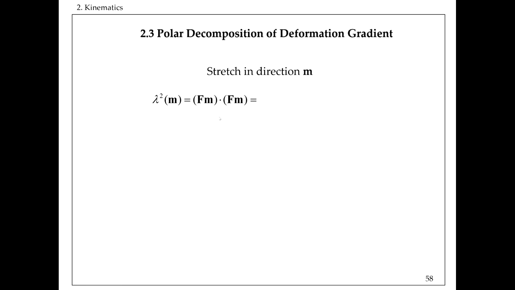Now, the one thing that we want to do here is compose this multiplication in a little bit different way. So we'll just change it a little bit. What we want to do is bring these two f's, these deformation gradient tensors, together. The way to do that, and we have done something similar already, is to change the order of multiplication of f and m. But if we just put m here, so we change the order, for example, if we write fm,